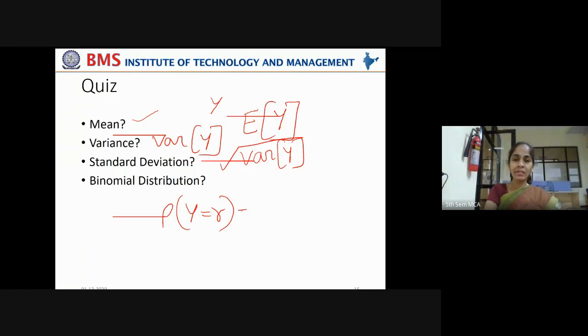How can it be represented as a binomial distribution? Can anybody tell me? n factorial, the total number of coin tosses made, divided by r factorial, the number of heads you find out of n coin tosses, multiplied by